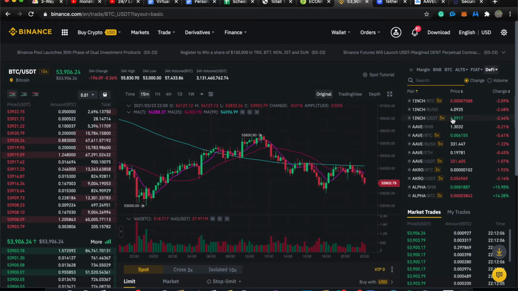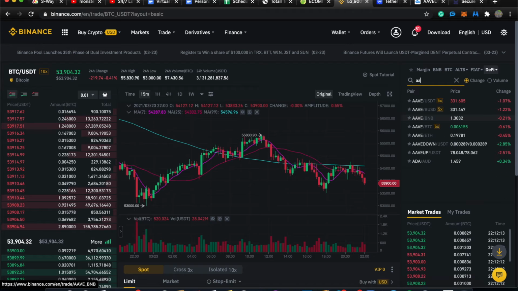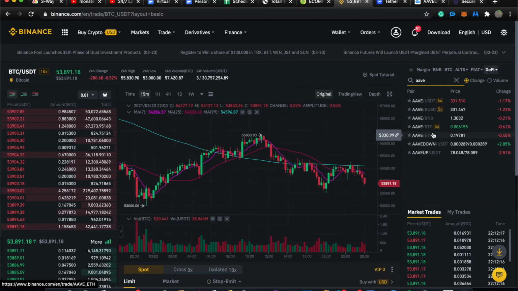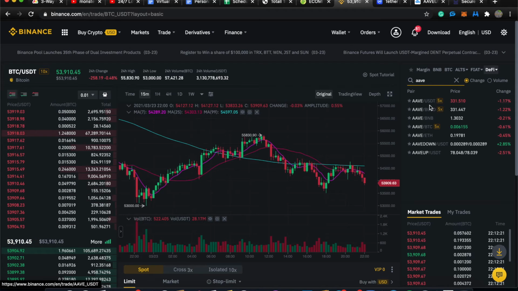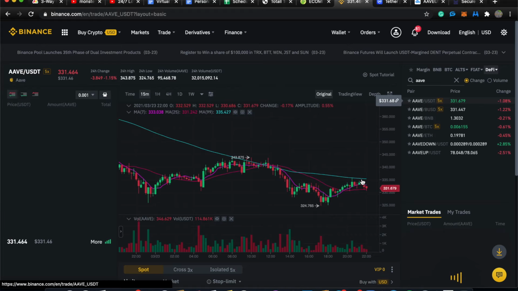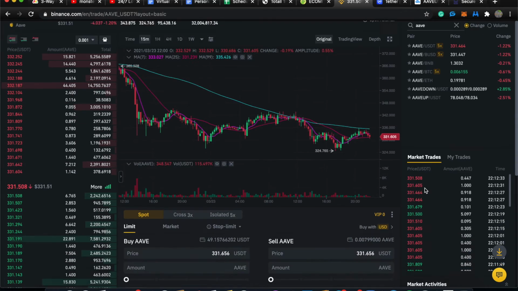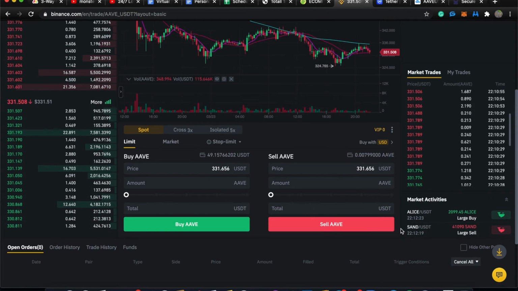So what we do is, whatever pair we're looking for, we want some Aave, so we type in that. It shows the different crossings. You see there's different ones here. But we have USD Tether, that's another stable coin, the Binance stable coin. But we'll go into here, click on there. We got now the Tether. And now what we're going to do is we're going to buy this. So as you guys can see here,